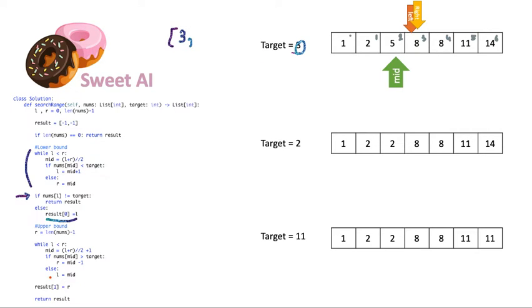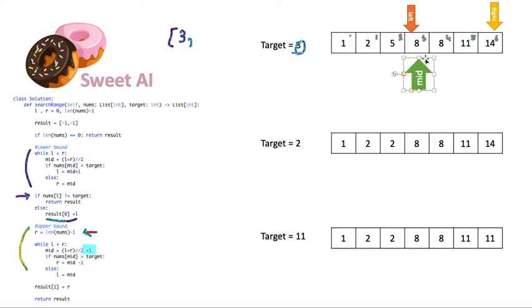And now what we are going to do is look for the upper bound, but the trick here is that we don't need to move the left pointer to the beginning again, because we have found the lower bound. But we will move the right pointer to the end to see if we can find the upper bound. And this is another trick that we have here: we are not going to use mid as left plus right divided by 2, because it's going to be the same. So what we're going to do is add +1 to that. That's the trick that we are going to use here